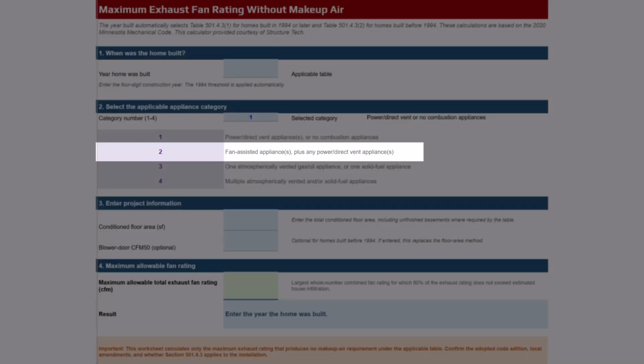This is the most generous. You can install the most amount of CFM going out of your house without any extra makeup air if you're in option number 1. Option number 2 is where you have one or more fan-assisted gas appliances. And the one I always think about here would be